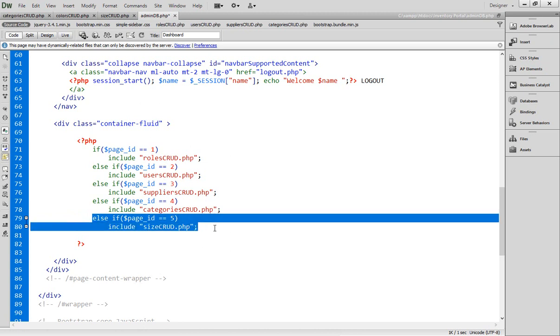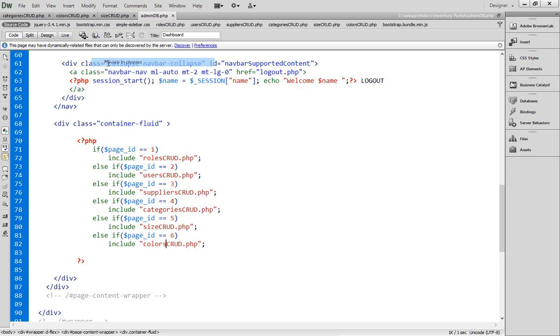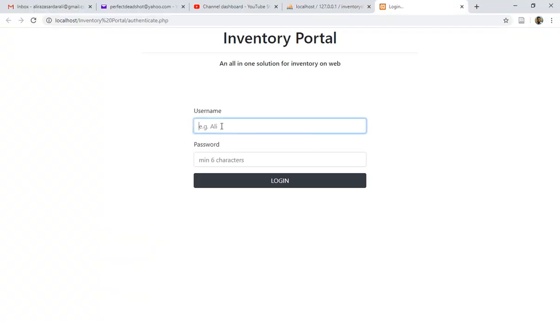Now copy this and paste, and when the 6 is the ID of the page, then I'll display the colors CRUD. So colors CRUD, that's it. Okay, so things are done. Let's check whether it is working or not. So let's open with the ID,